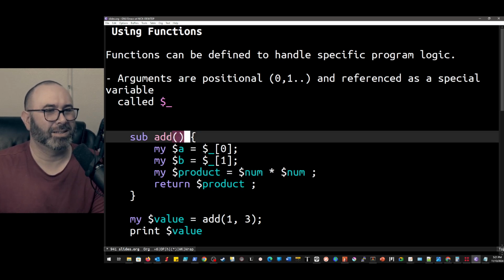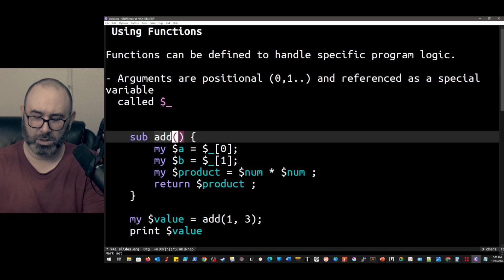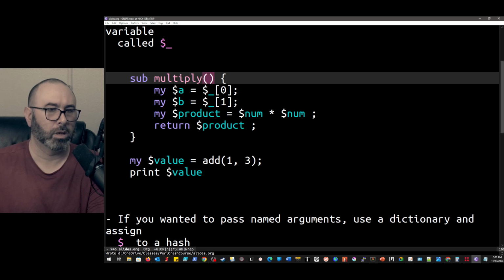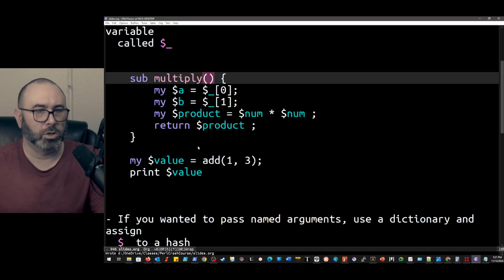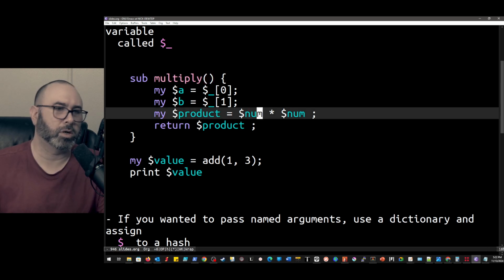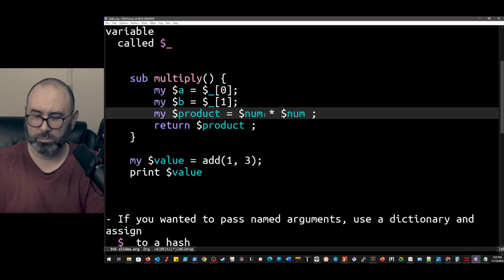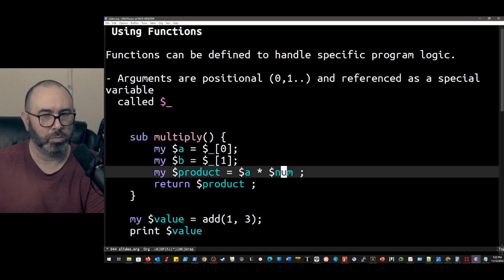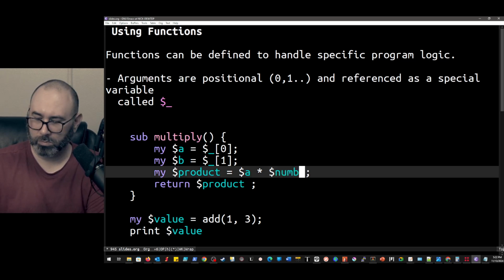I think I named this wrong. So we're going to multiply those. We're going to get our product back by multiplying a, or actually, let's turn that into a square. That's not the best example. So we do a times b, right?